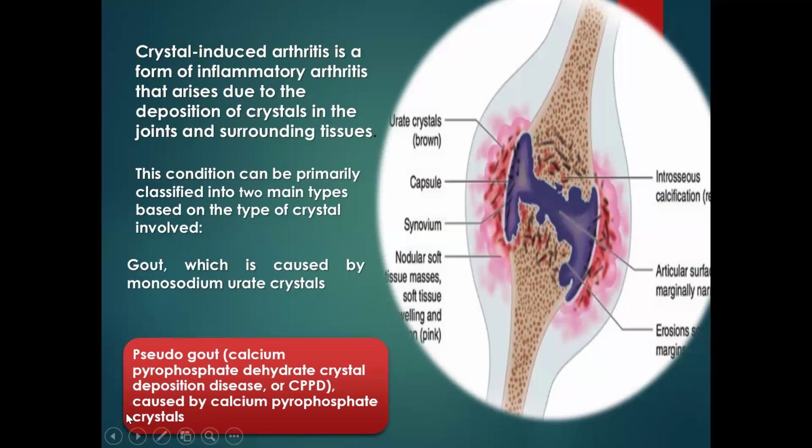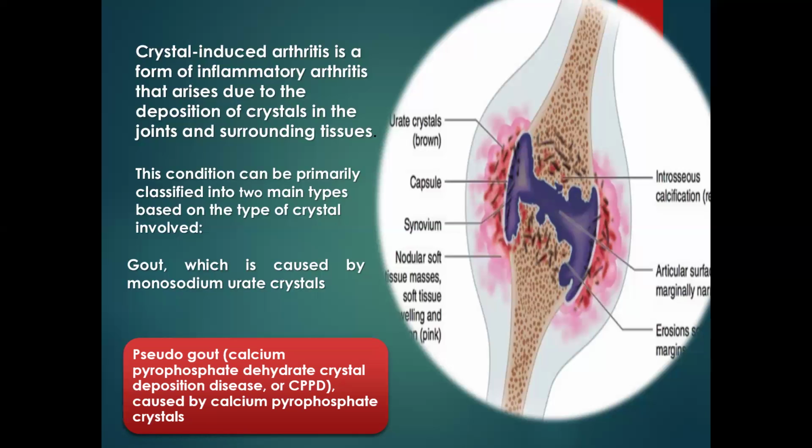All of these are just crystals: either monosodium urate crystals that lead to gout arthritis, or calcium pyrophosphate crystals that lead to CPPD. So when they are deposited, look at it, this particular joint is infected. The type of crystal that is deposited here would tell us the type of crystal-induced arthritis that the patient